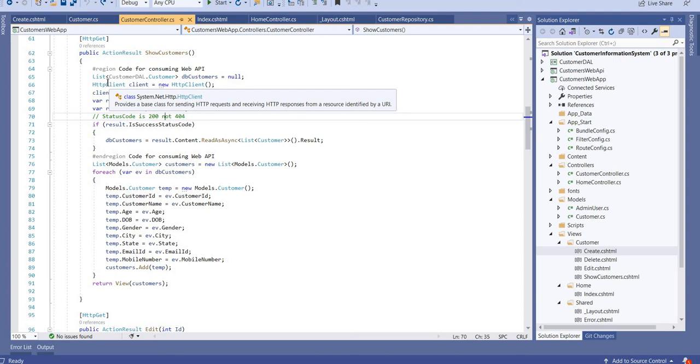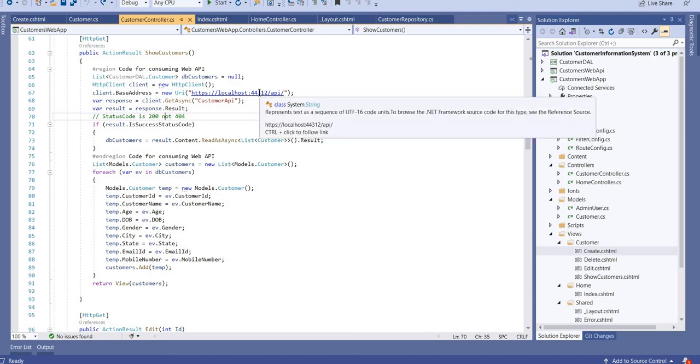Unlike in WCF, when you want to call WCF, you have to take care of a lot of things like endpoint, binding, and contract. Here, because web API is based on HTTP, you only have to use this HttpClient, and HttpClient is responsible for calling your web API method.